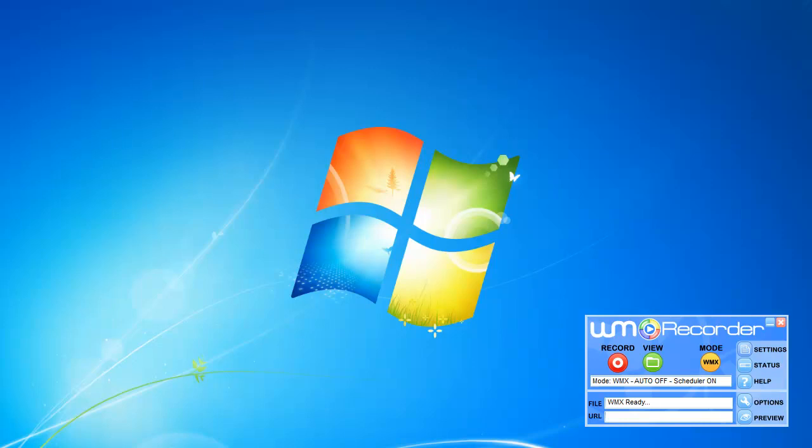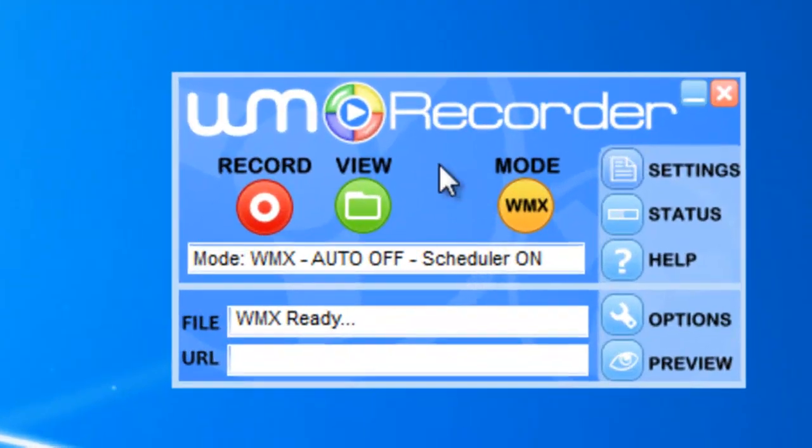All right, let's try to get this website scheduled. So the first thing I want to mention is that you'll see my WM Recorder here is in WMX mode. Yours is probably in ADA mode right now, and you shouldn't have to switch to WMX mode. It is the mode that I prefer to use, and just in case you want to switch and use that